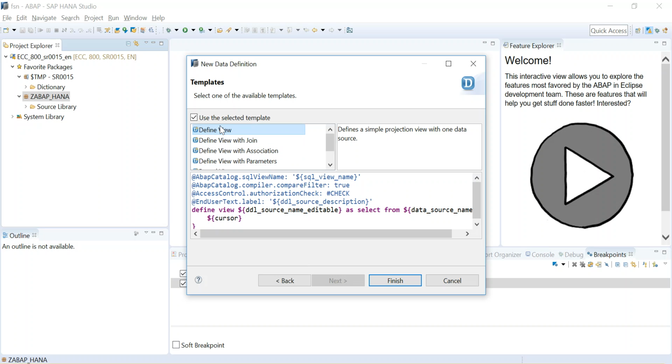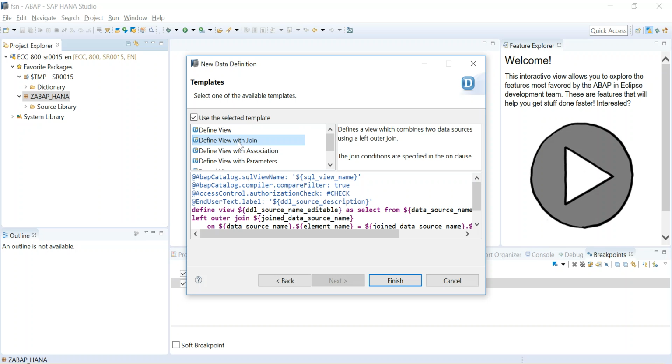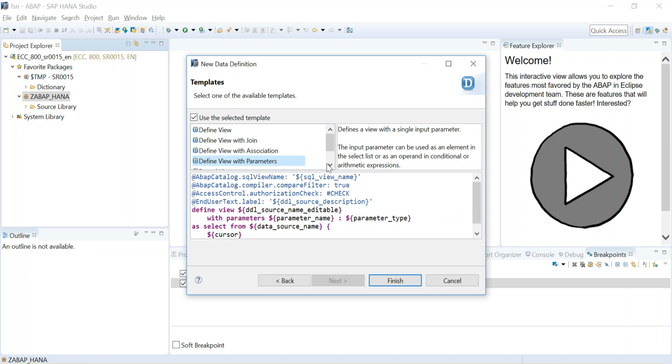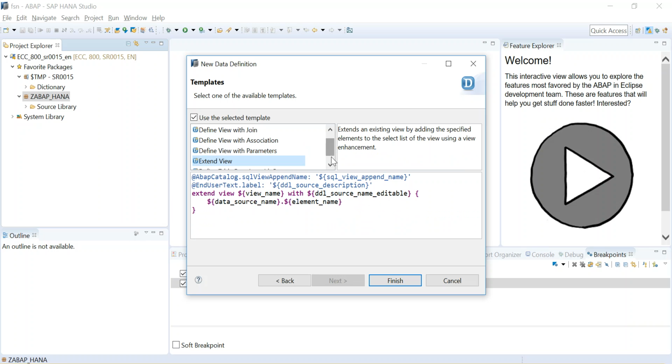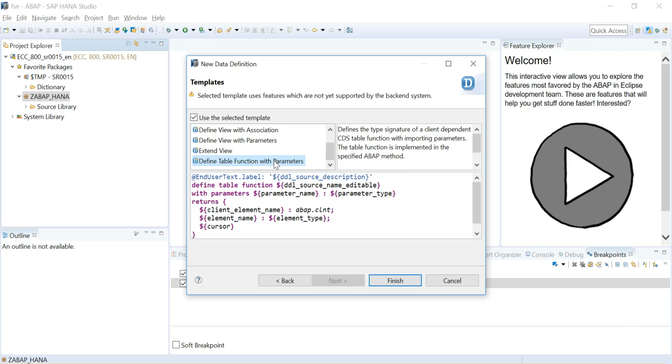So I already told you CDS view has different types of functionalities. You can create a simple view, a view with joins, a view with associations. These are nothing but advanced CDS concepts. You can create a CDS view with parameters, that means the view can have input parameters as well. You can extend a CDS view as well. You can also have a table function with parameters for a CDS view. So when you select what type of CDS view you want to create, the sample template or sample code